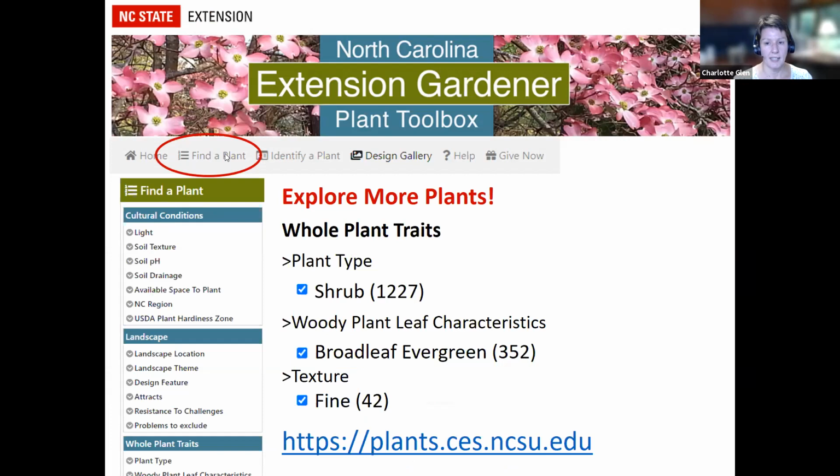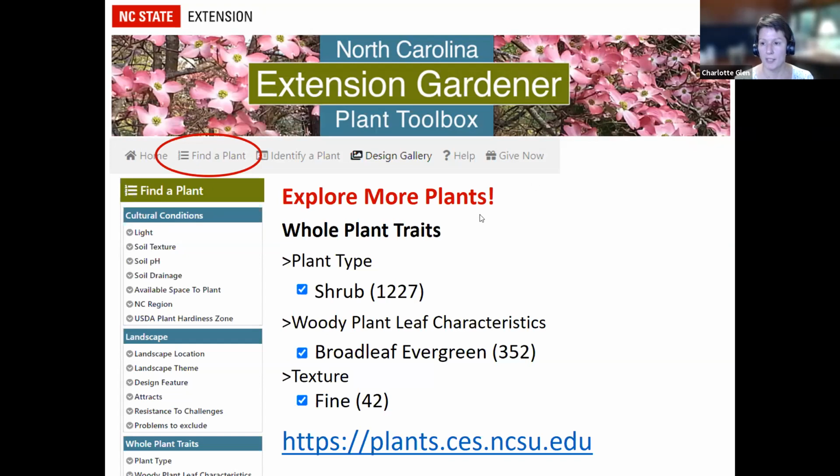All right, you can explore other plant options on the Extension Gardener Plant Toolbox. If you go to the site and click on Find a Plant, you will see a whole list of options on the left side where you can narrow down plants for your specific site and needs. So under Whole Plant Traits, if you want to look for options for these evergreen shrubs with small leaves, which would be a fine texture, you would select that you're looking for a shrub, and you want it to be a broadleaf evergreen, and then for the texture, you would select fine, and you can see there's actually 42 options